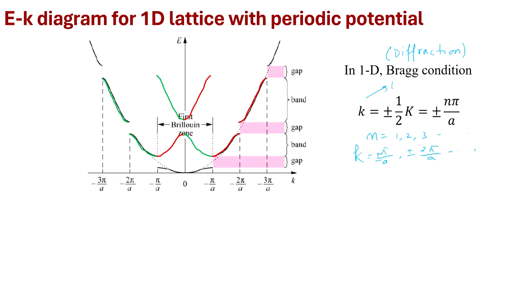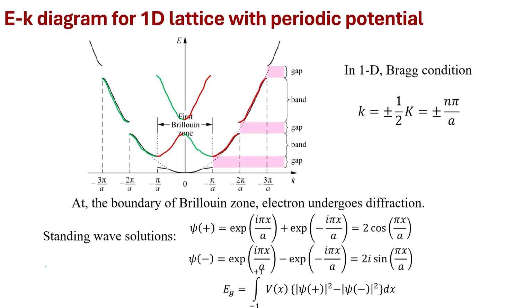So, these are boundaries of Brillouin zones, and this is where diffraction happens. At the boundary of this Brillouin zone, the electron undergoes diffraction as we talked about, and it results in a standing wave solution of the wave function. So, you have a psi plus and psi minus. Because of this we get two energy states, E plus and E minus, and the difference between E plus and E minus